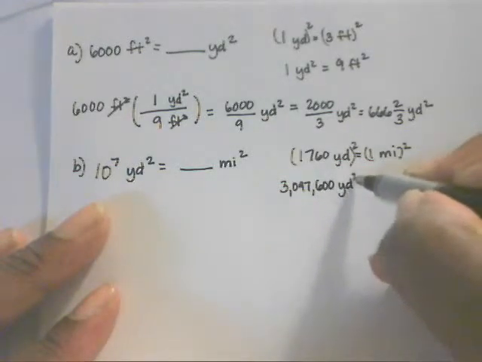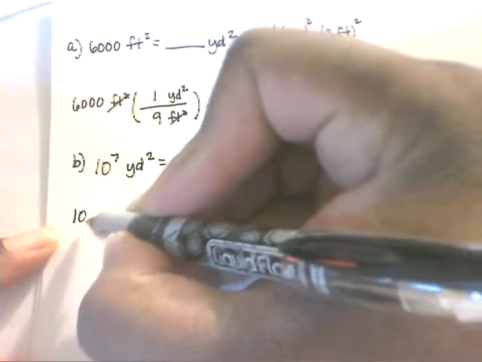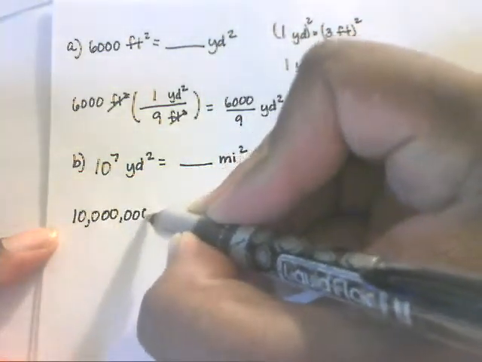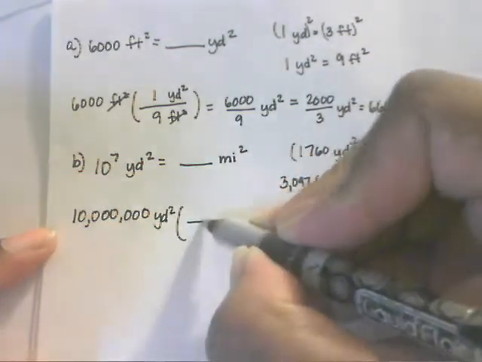3,097,600 square yards is equivalent to 1 square mile. Okay, so now we want to convert from square yards to square miles. Now, that 10 to the 7th is going to be a 1 with 7 zeros. So that's 10 million square yards. That's going to be multiplied by,